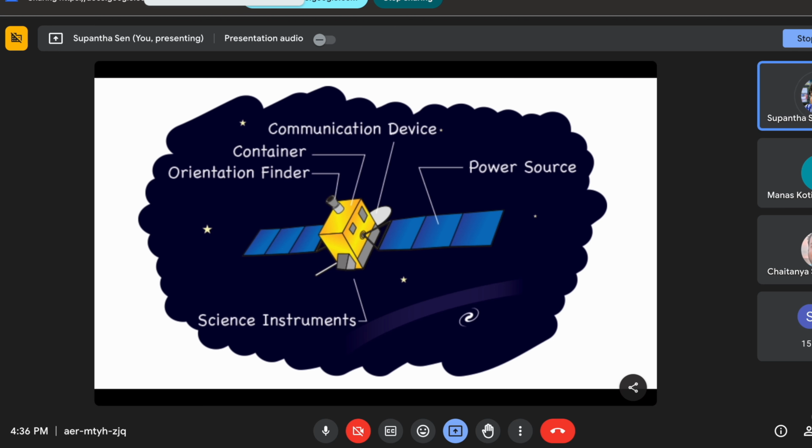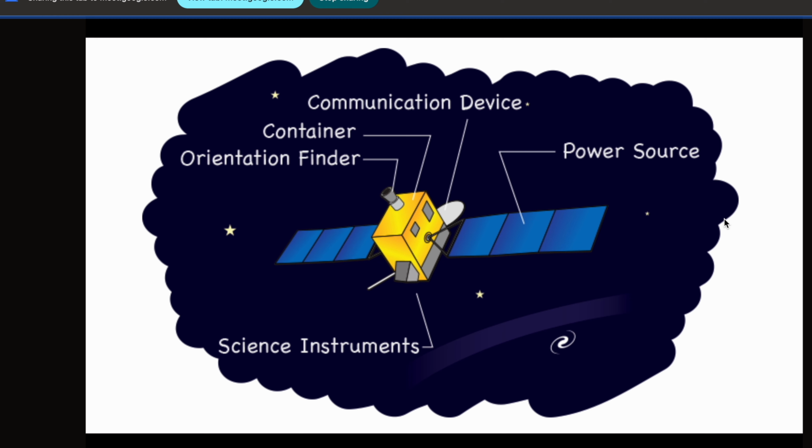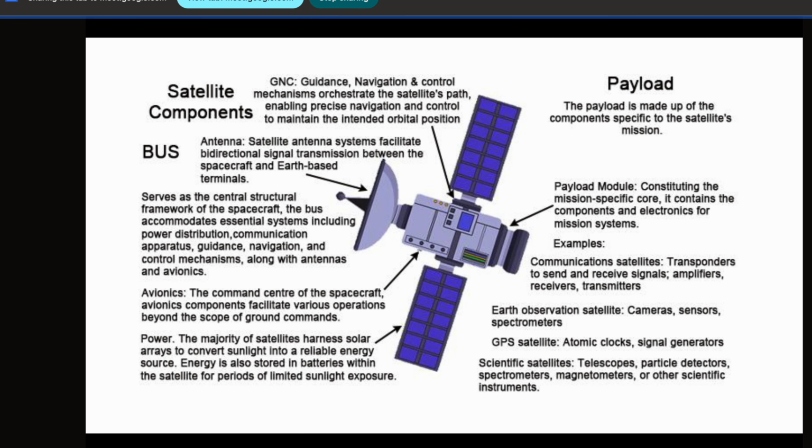And this satellite is not only electronics, not only computer science or mechanical, it is a multidisciplinary topic. I will come slowly to how it is multidisciplinary, because the choice of materials is also needed. You need engines also, you need electronics also, you need computer science also to process the data and all those things. So this is a little bit more detail of the components of the satellite.